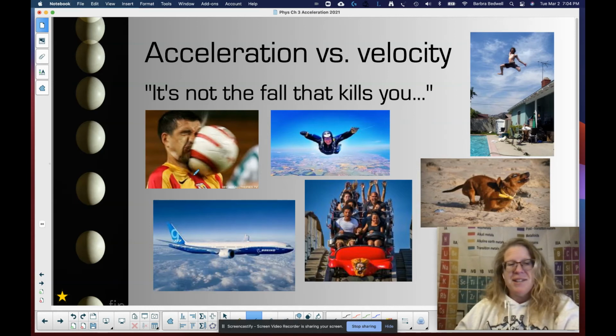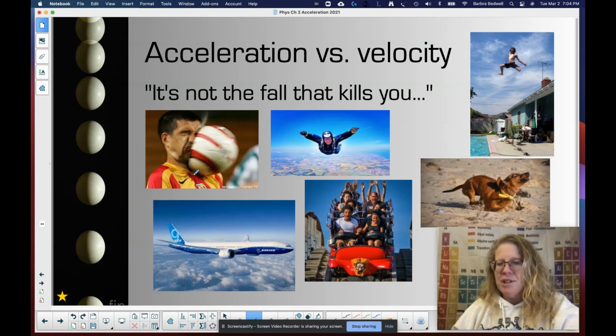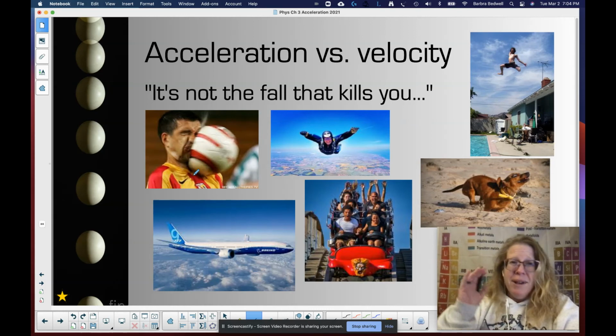In fact, what it does is it creates force and that appearance, that feeling of energy, I guess, in there somehow. Furthermore, I want to say this as well, and it's kind of the joke that's on the screen there. It's not the fall that kills you. With acceleration and velocity, nobody's ever died from high speed. Not at all. No one's ever actually died from jumping out of an airplane. What you die from